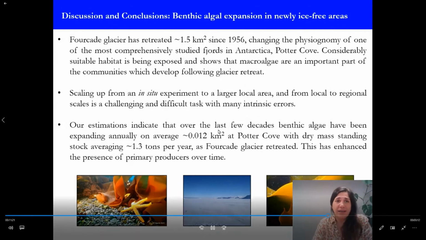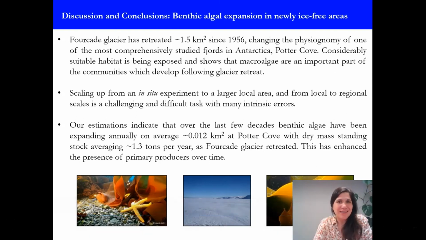So we can say that Glacier Fourcade retreated 1.5 kilometers since 1956, and a lot of new habitat has been exposed that is available for benthic colonization. We also think that scaling up from local to regional is a very challenging task. So these are our preliminary results, and there are many intrinsic errors, but we know that these are the first